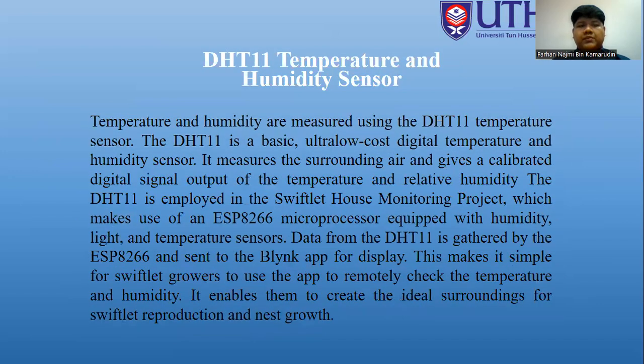For the DHT, temperature and humidity are measured using the DHT11 temperature sensor. The DHT11 is a basic and ultra low cost digital temperature and humidity sensor. It measures the surrounding air and gives a calibrated digital signal output of the temperature and relative humidity. The DHT11 is employed in the SWIFTLET house monitoring project, which makes use of an ESP8266 microprocessor equipped with humidity,